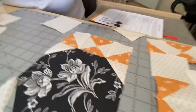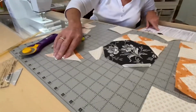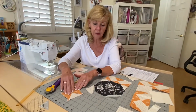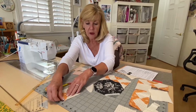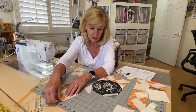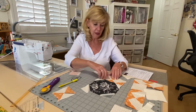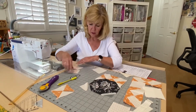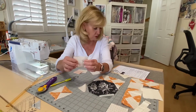You do need to trim those to, I think it's 3 inches, yes. Trim these to 3 inches, and I think they were actually dead on 3 inches, so I didn't need to trim those down. I just like to trim off those little corners on the end. So you're going to get 4 of these hourglass units, and now we're going to make our sew and flip units that you're going to take your 2 1/4 by